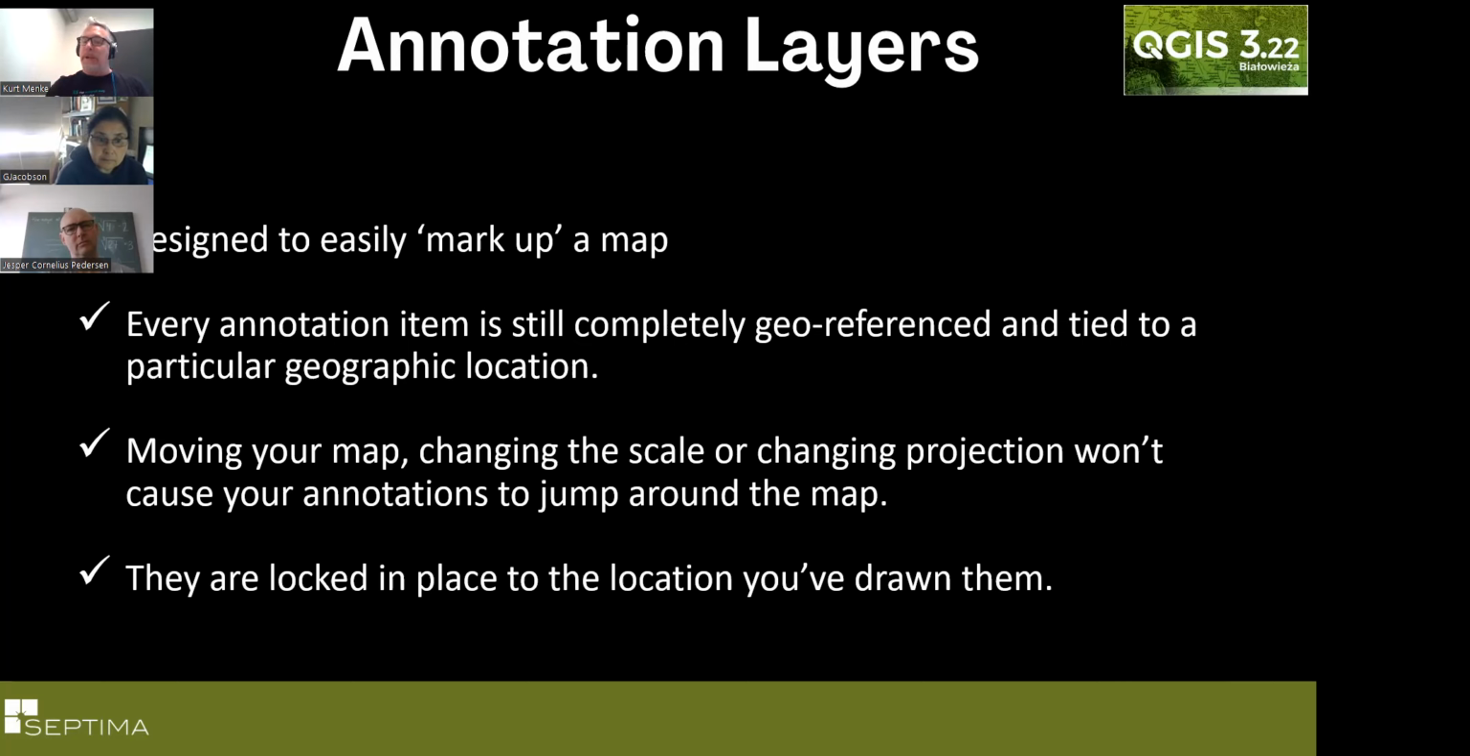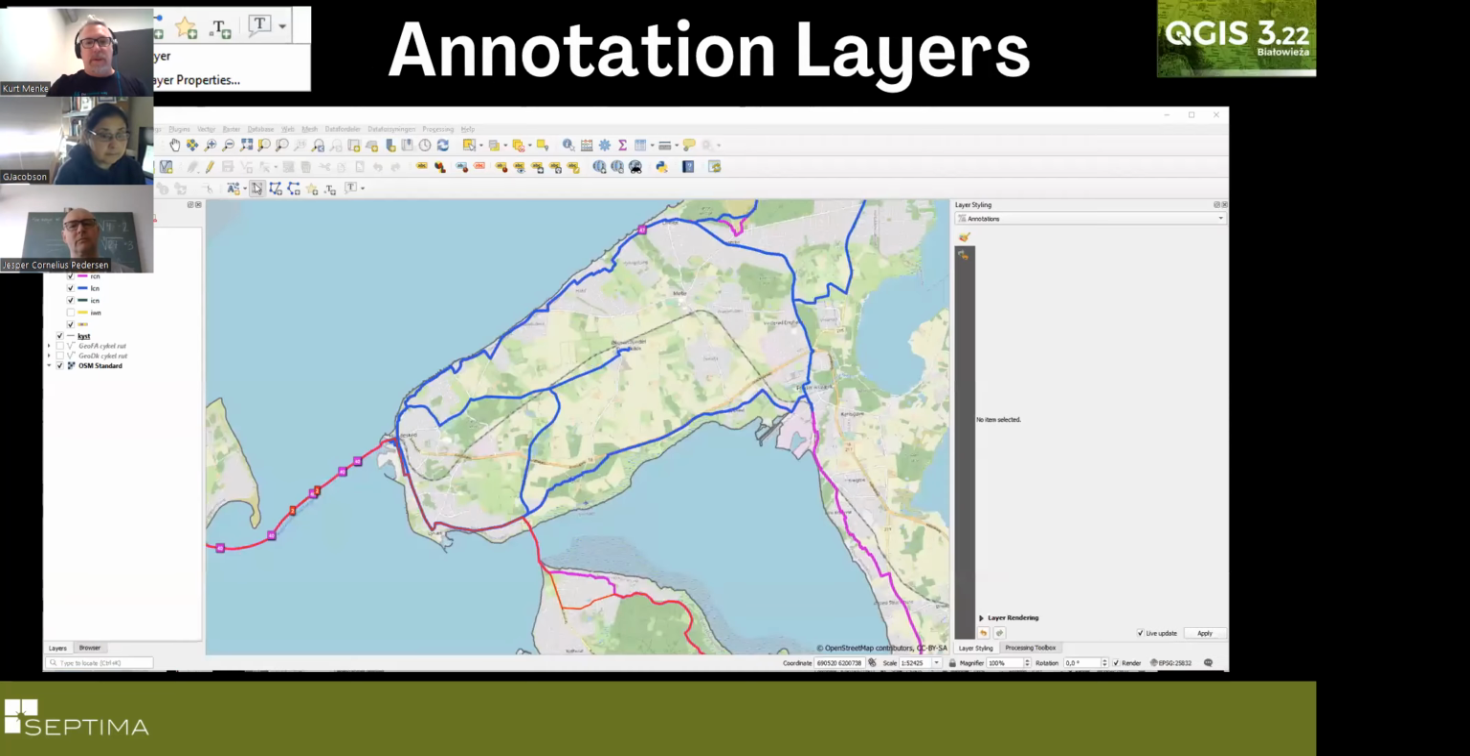And they're locked into place where you've drawn them. They are going to be sitting. If you put an arrow on the map, it's going to stay there, even if you zoom in or zoom out or pan the map east or west. That arrow is going to stay in the position you placed it in. So here with the annotation layers,